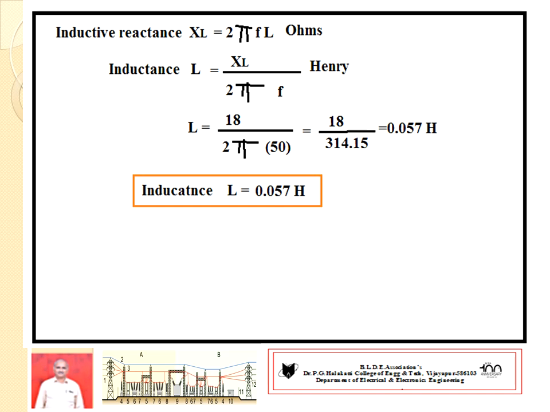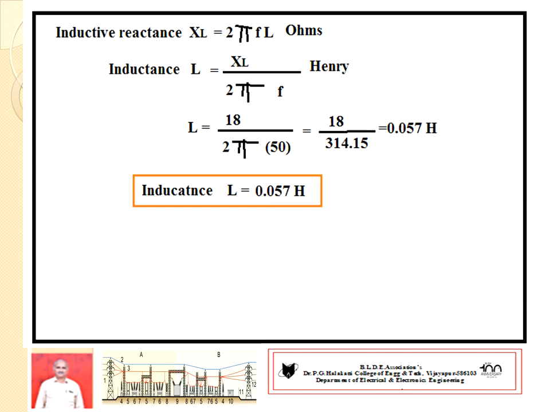Once you know the inductive reactance, this XL is also equal to omega L, which is equal to 2 pi FL, where F is the frequency of the applied voltage and L is the inductance value in Henry. It is very important, all of you keep this point in mind. L should always be in Henrys, otherwise the problem goes the wrong way.